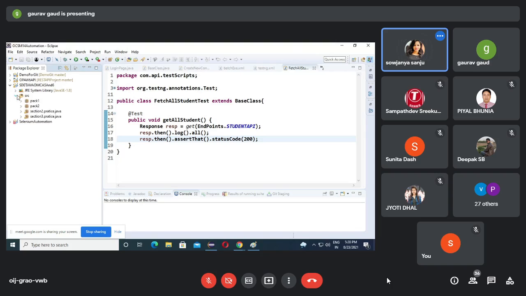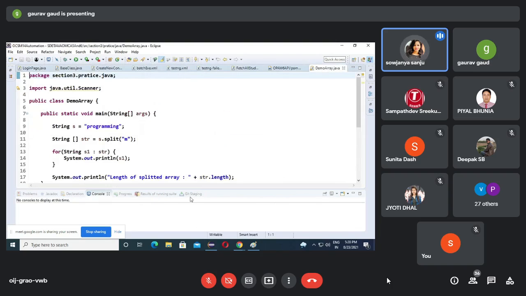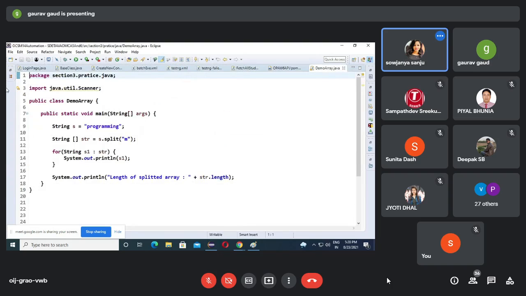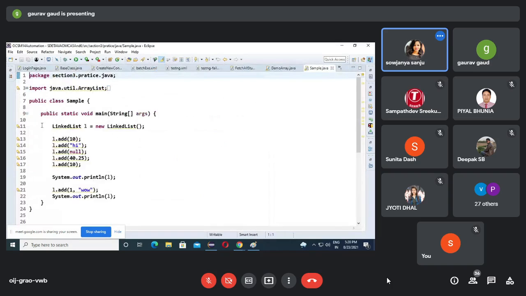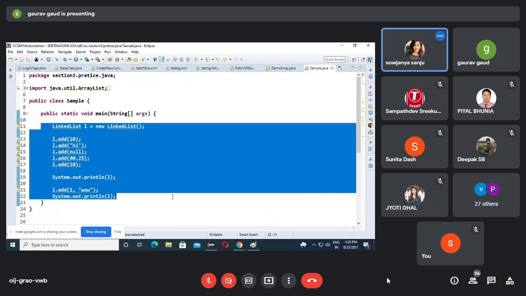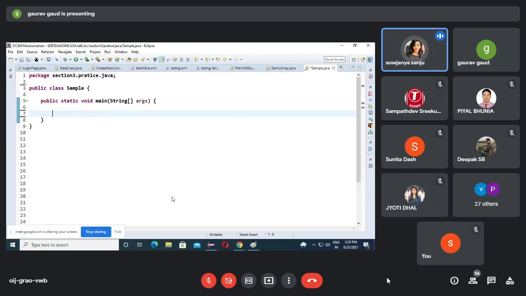Now we will go to section 3. Now observe here, we will remove this. Let's remove these imports. Now I will create an object of what? HashSet hs = new HashSet.